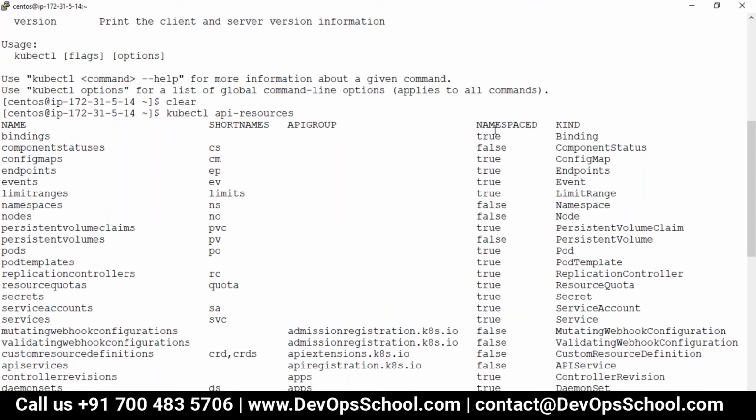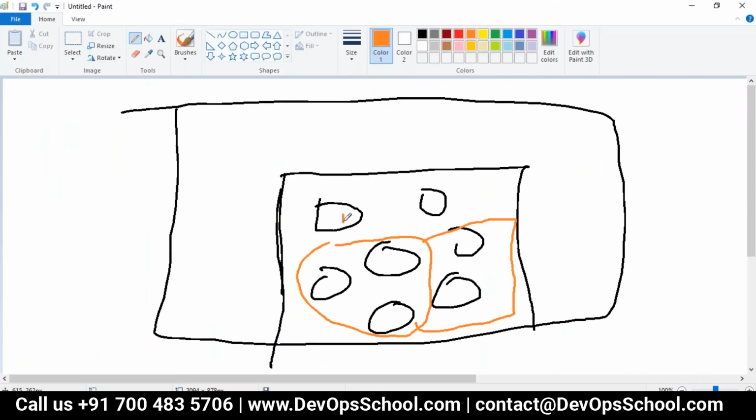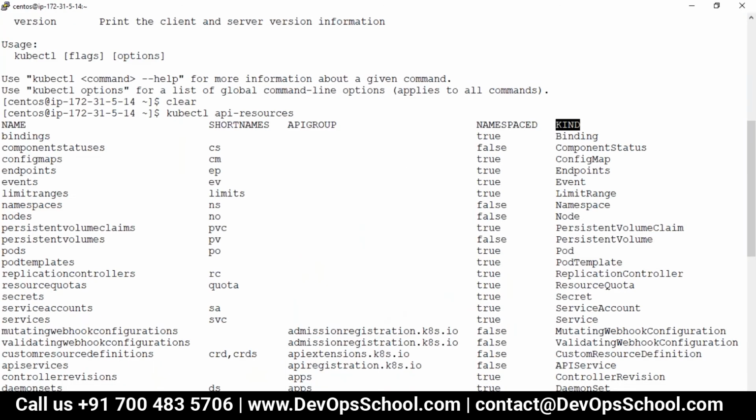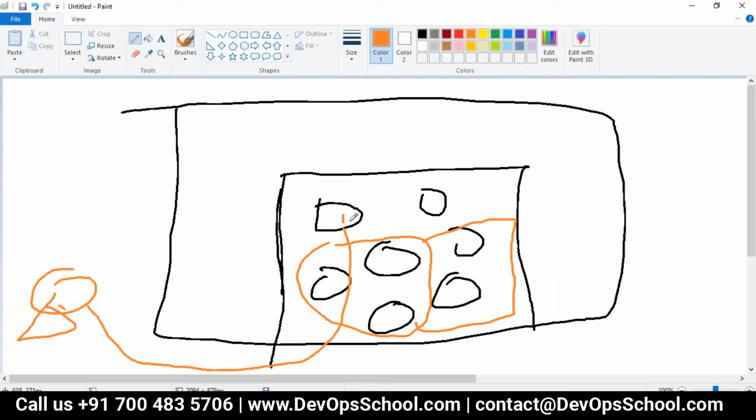Now, what is namespace true and false? I'll talk about that in some time. Before that, kind. Kind means if you want to use this API from a YAML file, you have to use the kind. Simple. Because if you do not specify the kind, how will the API server come to know which API I want, this one or this one?